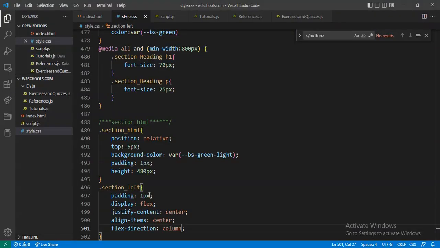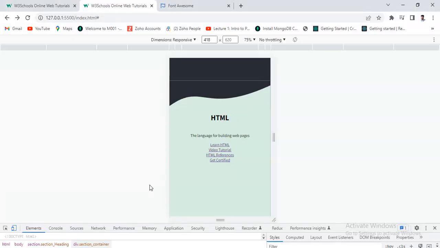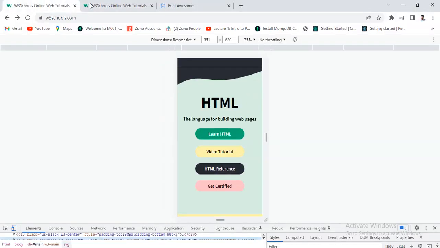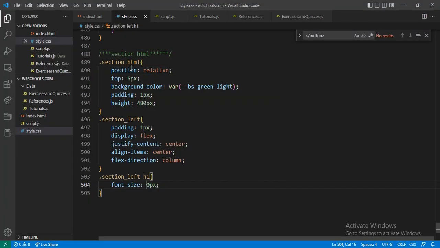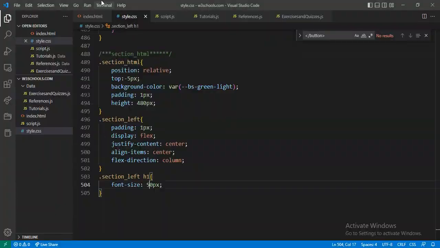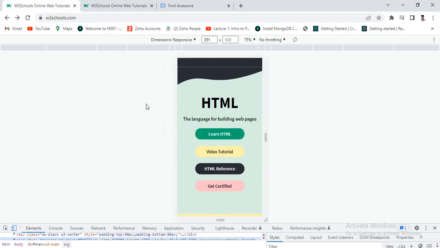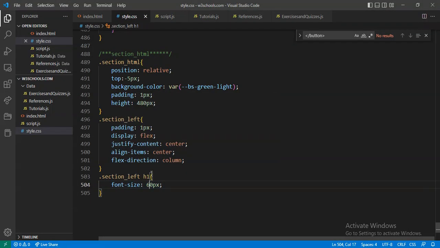Okay, and this actually 40 pixel, yeah, 50, 60, yeah, 60 is done. And for that, let me copy this again, and here inside that I have